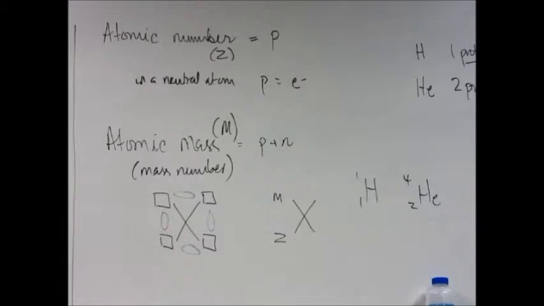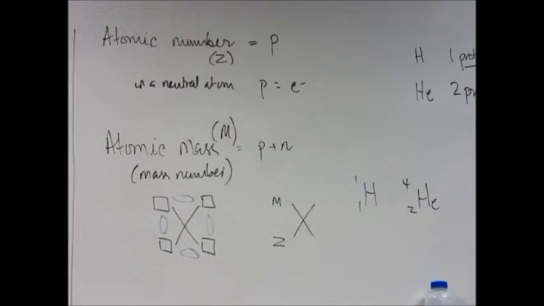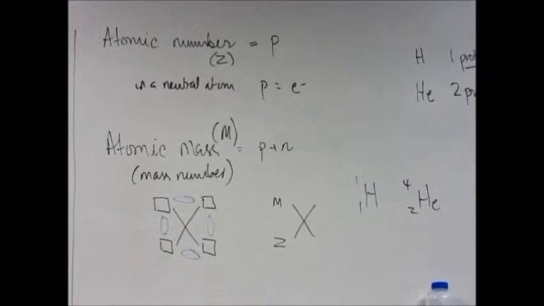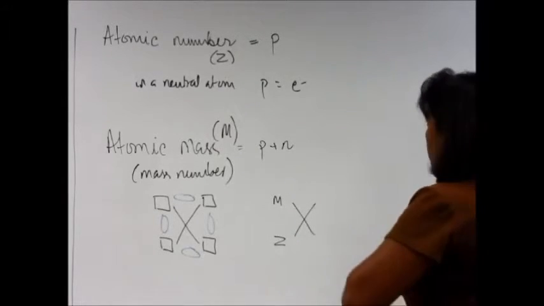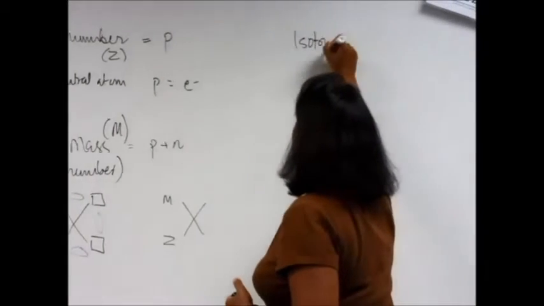Okay, so everything has decimal points over here. Where do those come from? This is where Dalton's atomic theory is challenged a little bit, because Dalton said that in one element, all the atoms are alike. It turns out not so, because that brings us to what we call isotopes.